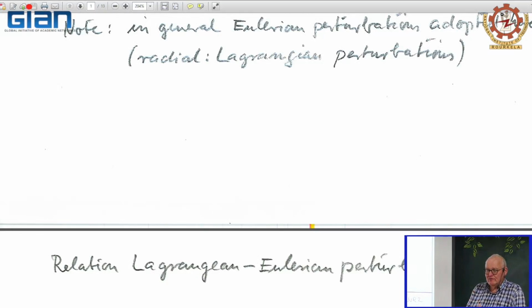This is something different from sitting at a certain position. The surface of the star or the photosphere is distorted, and you ask that at this position the variation or the perturbation of the pressure should be zero. These are entirely different,